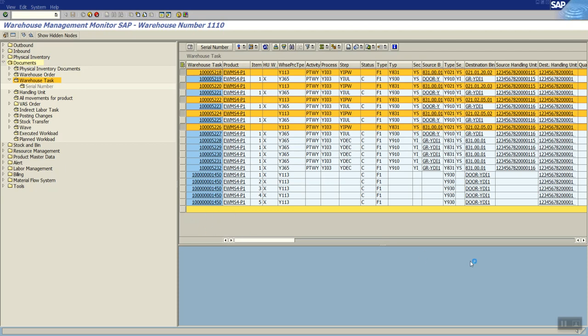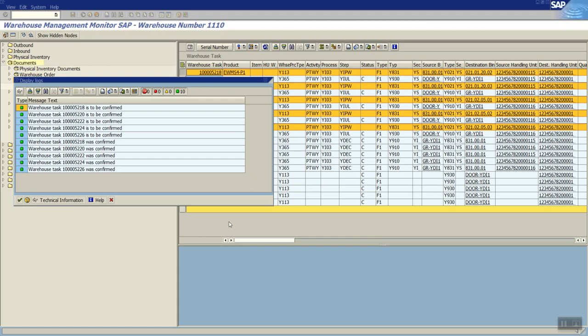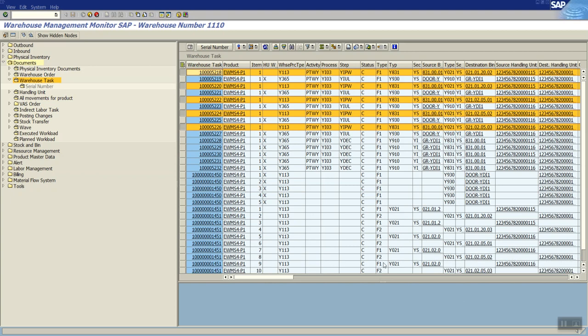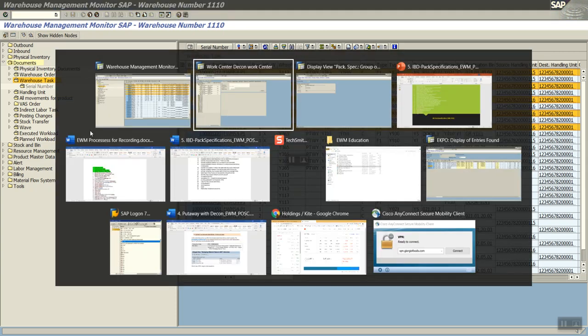And again, once that is confirmed, we can see at the bottom that the stock type F1 will be changed from F1 to F2 through posting change, so that we can observe here, F1 to F2. So this completes our process of the POSC usage, and also the packaging specifications, configuration settings, master data settings, and also we have seen how it is proposing or determining in inbound delivery.